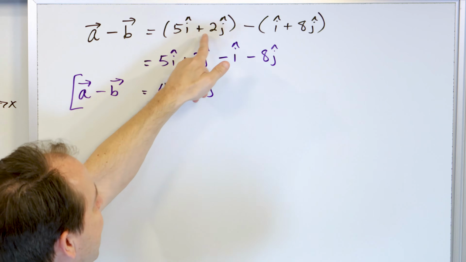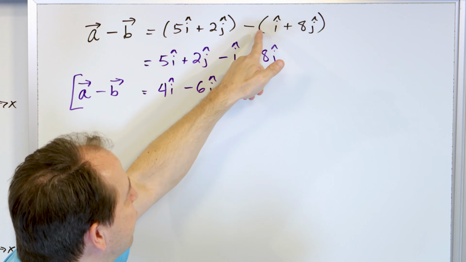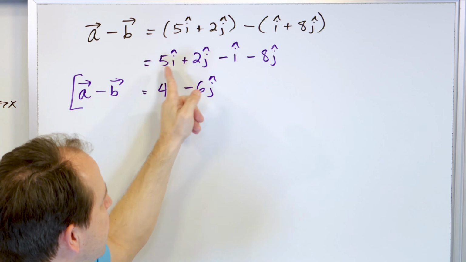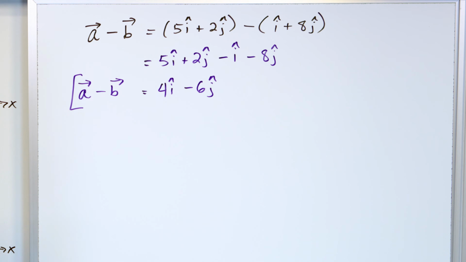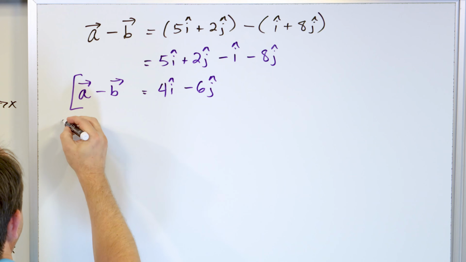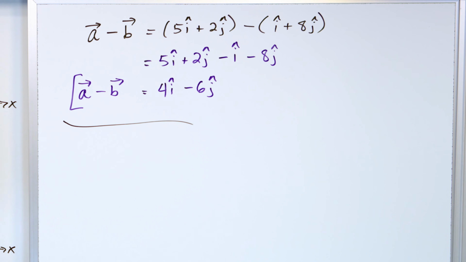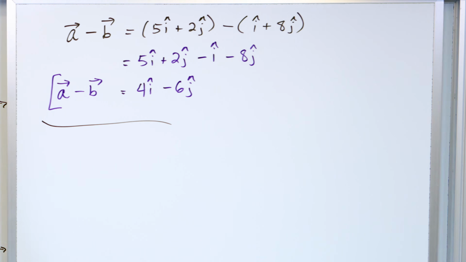And here, when you subtract vectors, the only extra step is we had to sort of distribute this -1 in, and then we just treated it like normal addition and subtraction in algebra. All right? Now, what I want to do next is our last problem, and it's a little more complex, but